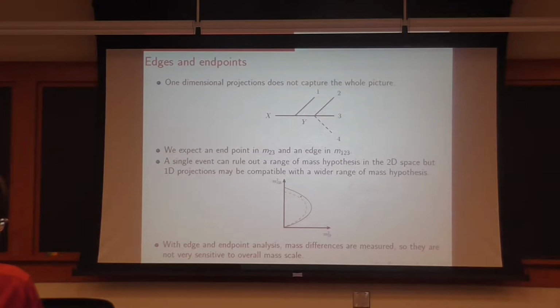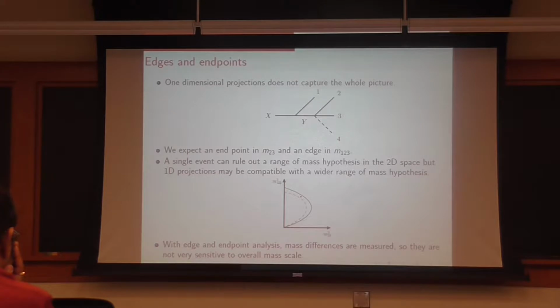So let's focus on edges and endpoints, for example. The idea here is to look at one-dimensional projections. For example, if you look at this cascade decay, X goes into 1 plus Y, and Y goes into a 3-body decay with one invisible particle. So we can form M23 or M123 from these variables from this event, and we will expect an endpoint and an edge. But if you look at this two-dimensional plot,